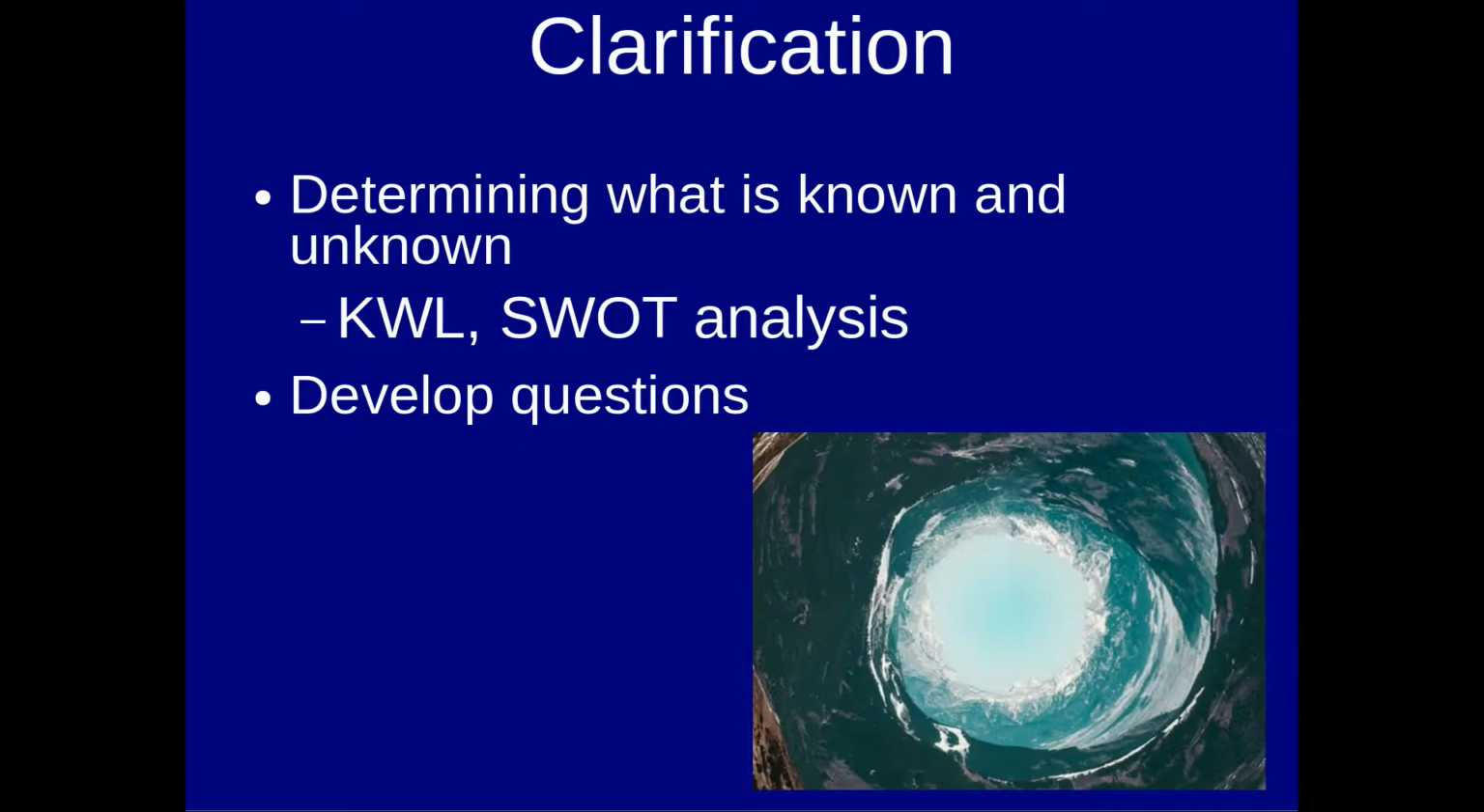So clarification has to do with determining what the student knows and what the student does not know. An example of this in different fields is a KWL chart: what you know, what you want to know, and what you learn. That's what KWL stands for. And also, for those who are in the business setting, a SWOT analysis: strengths, weaknesses, opportunities, threats, etc. These are ways to clarify and to understand what you know and what you don't know, so that you can,